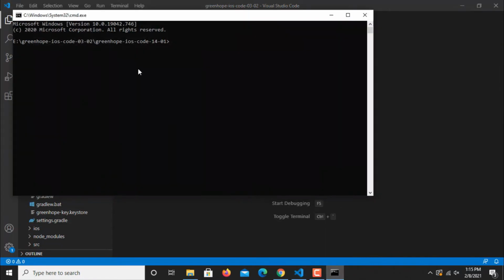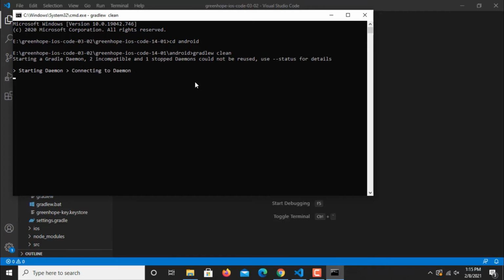Now the next step is to clean your Gradle. For cleaning the Gradle, the command is gradlew clean. This will take some time. Wait till the Gradle is cleaned.